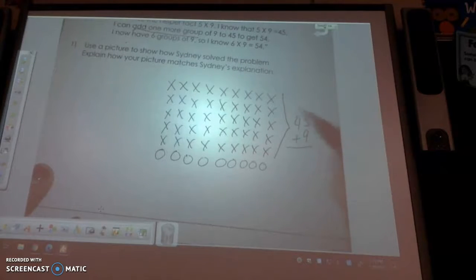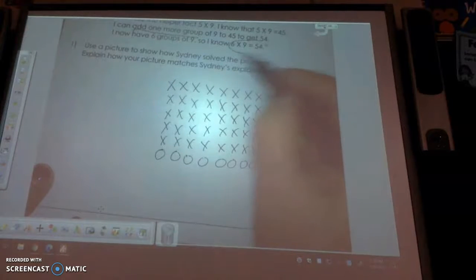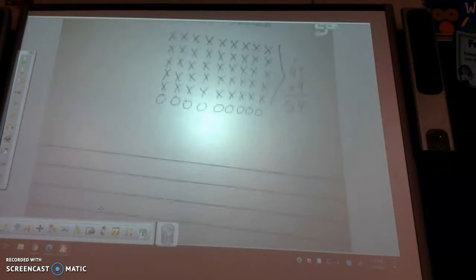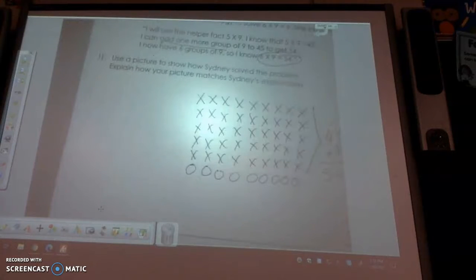And that would be 54. So now she knows that 6 times 9 is 54. We just drew a picture. That's what they want you to do. They want you to draw a picture to show what she did. Then there's a bunch of lines down here. Now they want you to explain how your picture